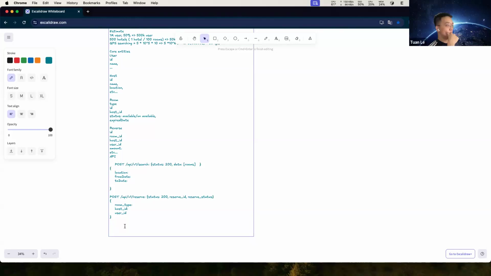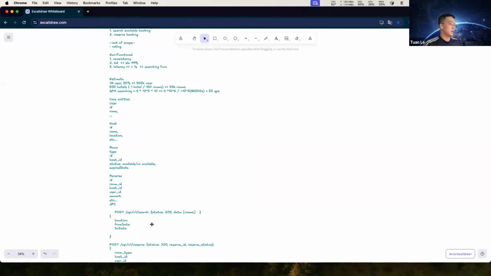Then after 30 minutes or 15 minutes, I want to check the status of this user, and close it and release the lock if the payment is not processed. Yes, that's what you want. Correct.